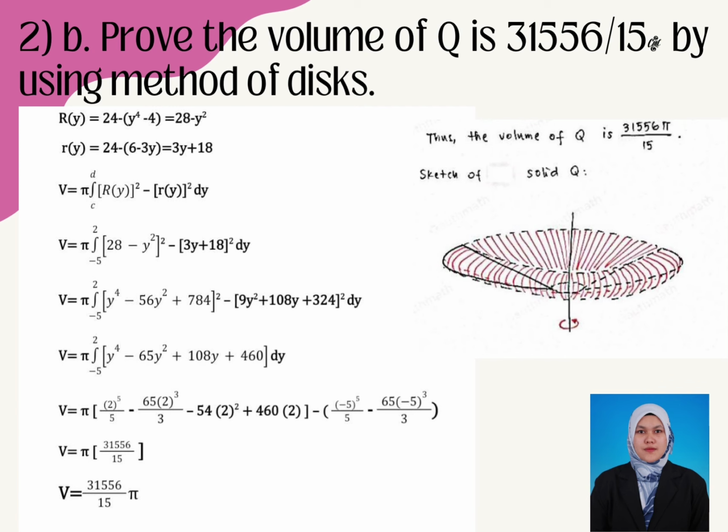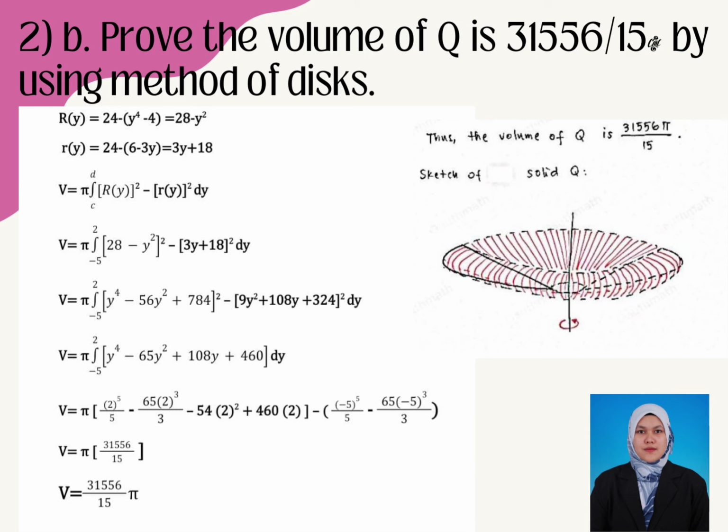So you can get V equals pi integral from negative 5 to 5 of (y^4 − 65y^2 + 108y + 416) dy. So the last step,